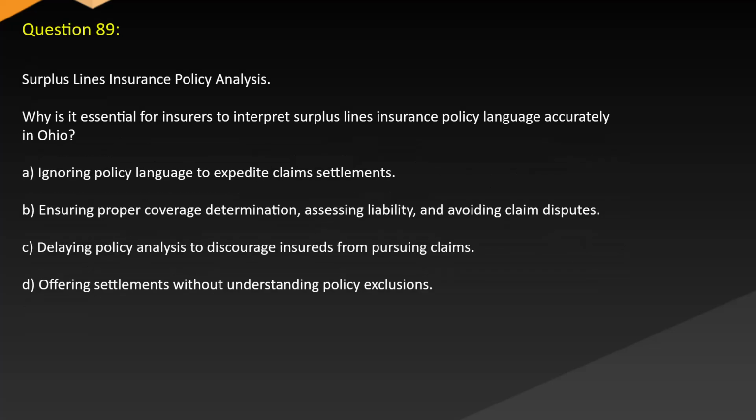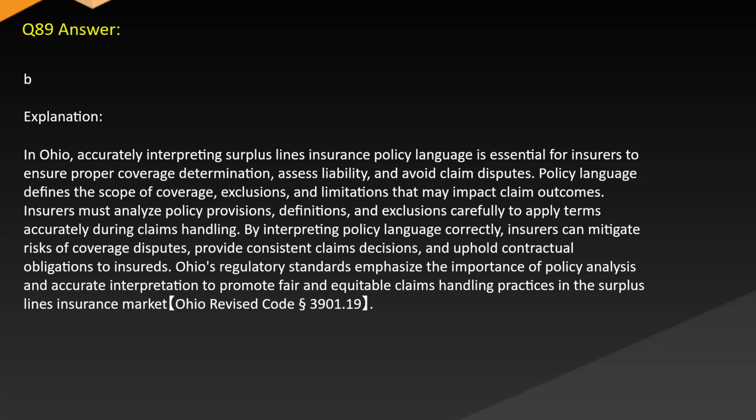3901-154. Question 89. Surplus lines insurance policy analysis. Why is it essential for insurers to interpret surplus lines insurance policy language accurately in Ohio? A. Ignoring policy language to expedite claims settlements. B. Ensuring proper coverage determination, assessing liability, and avoiding claim disputes. C. Delaying policy analysis to discourage insureds from pursuing claims. D. Offering settlements without understanding policy exclusions. Answer: B. Explanation. In Ohio, accurately interpreting surplus lines insurance policy language is essential for insurers to ensure proper coverage